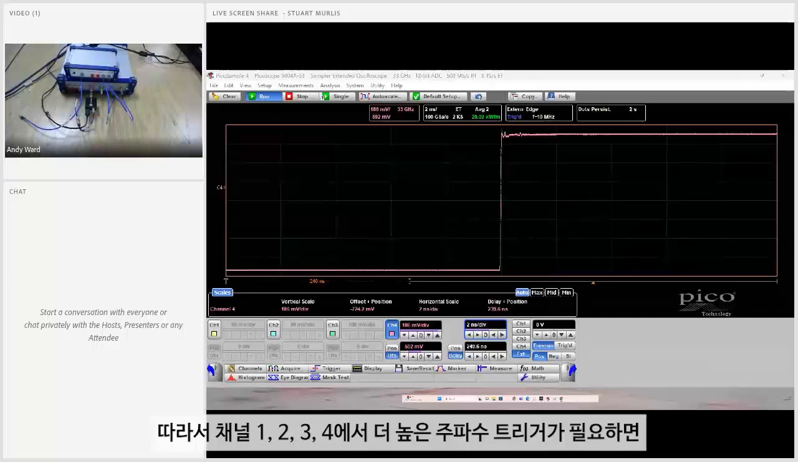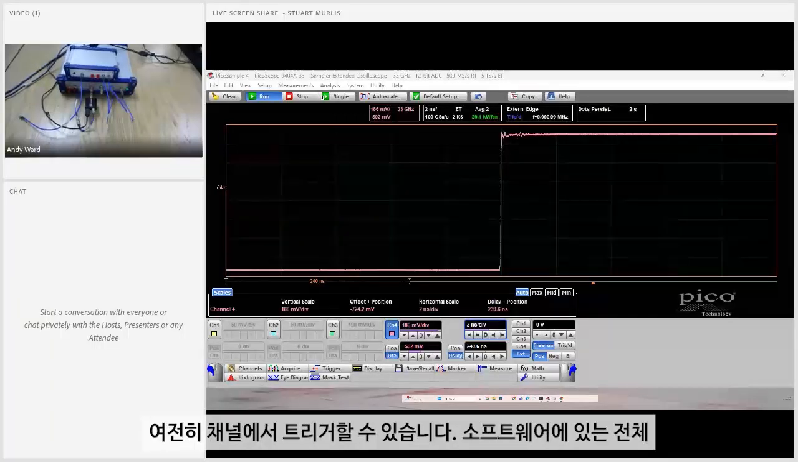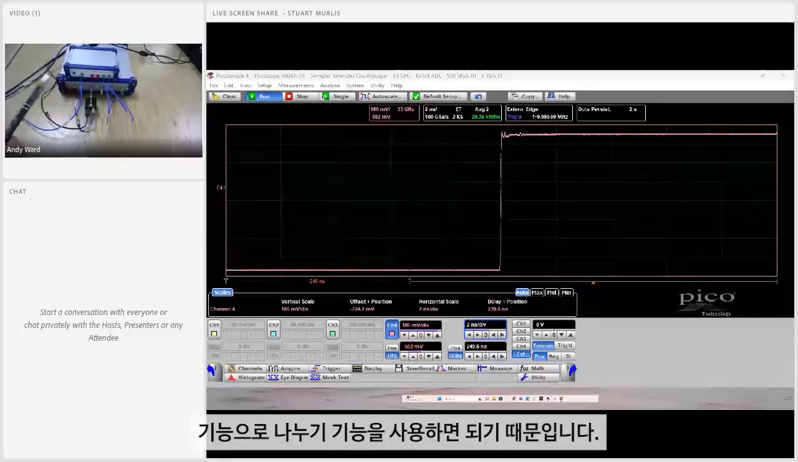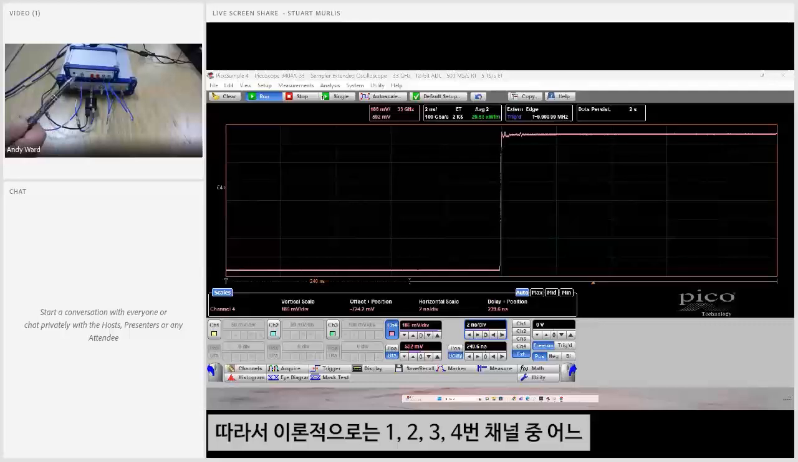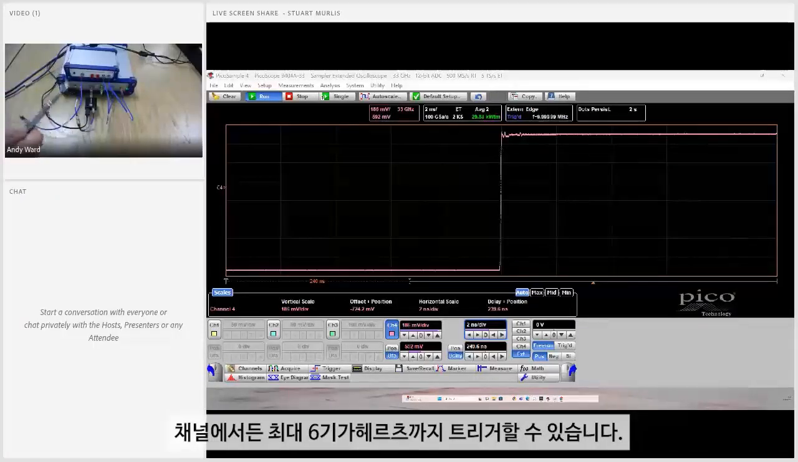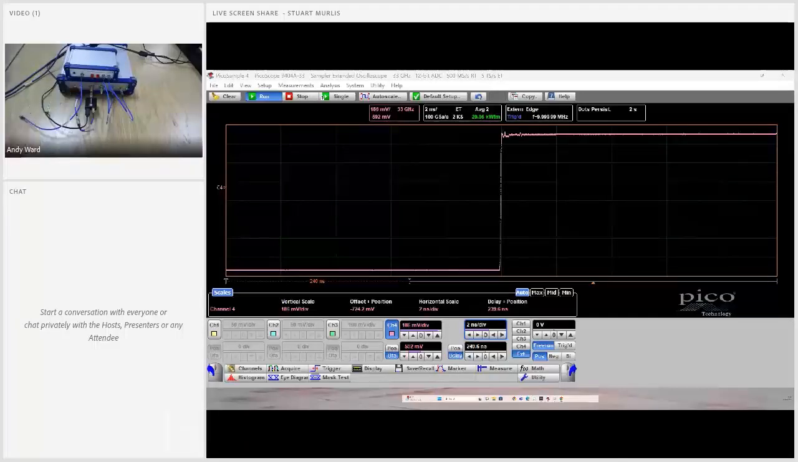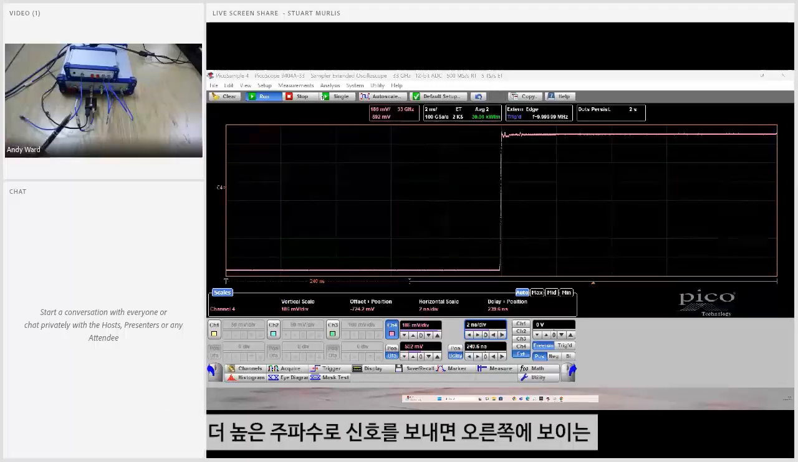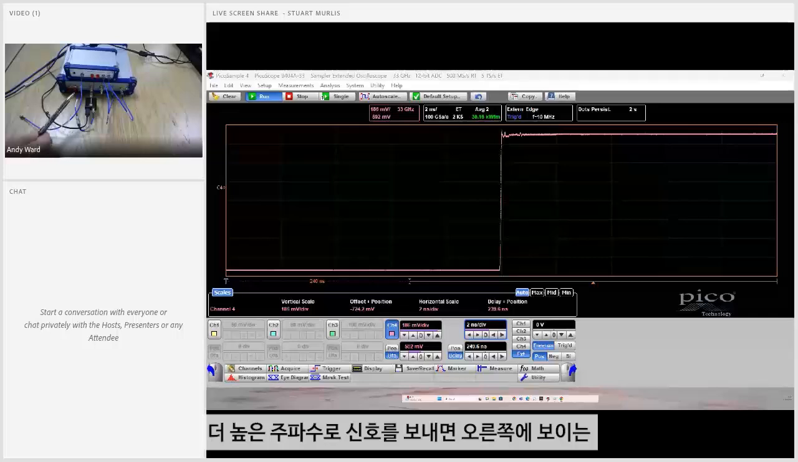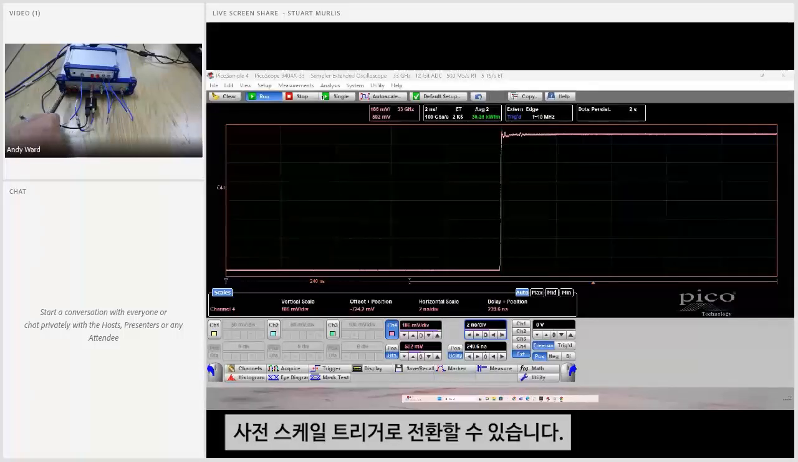If I needed a higher frequency trigger, we can still trigger off the channel, because we can use the divide by 4 capability that's within the software. So theoretically, you can trigger on any channel, namely channel 1, 2, 3, or 4, up to 6 gigahertz. If your signal is higher in frequency than that, you can switch through to our pre-scale trigger, which you'll see